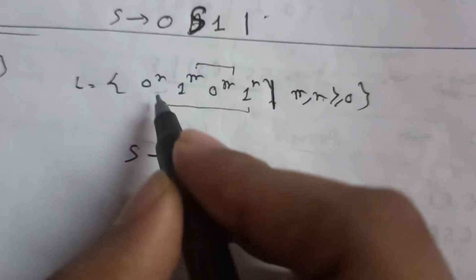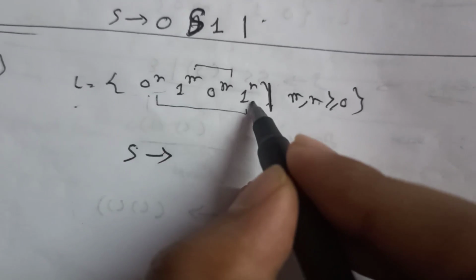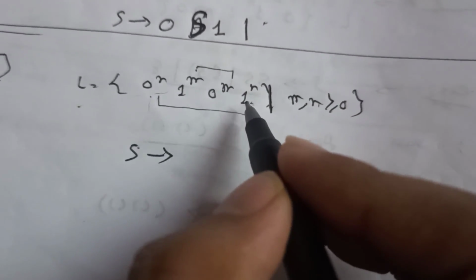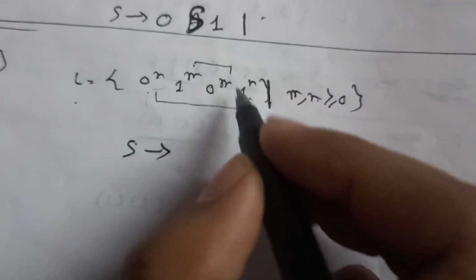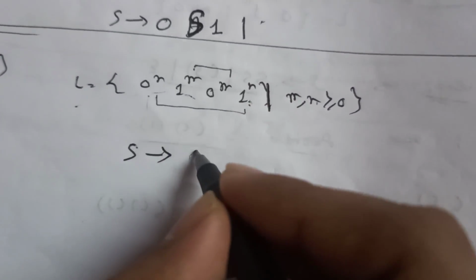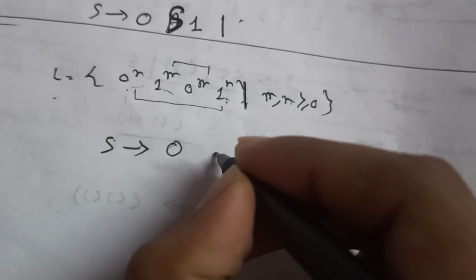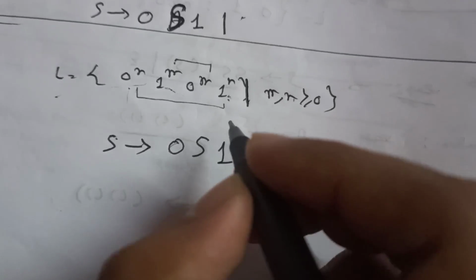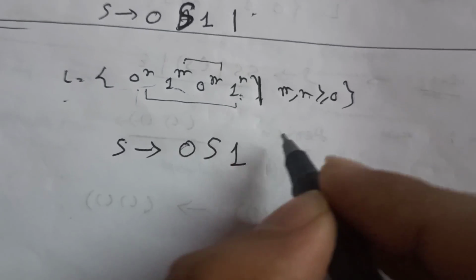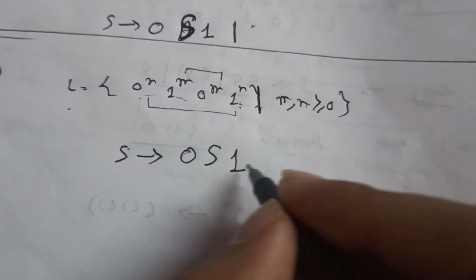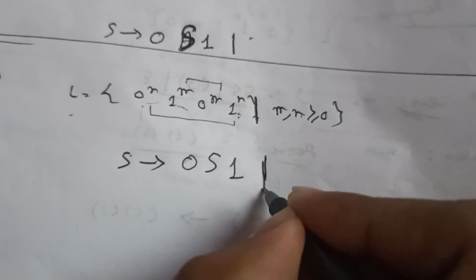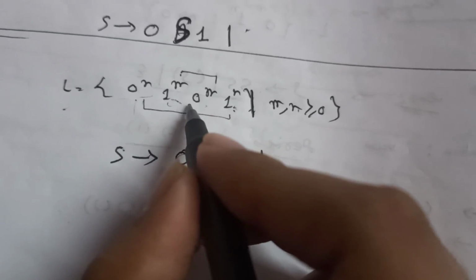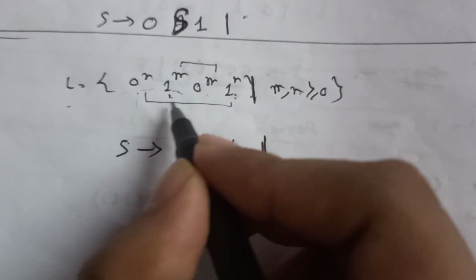So what is the outside one? There is 0 on the left and 1 on the right, and the number of zeros and ones are equal. And what is the middle part? There is another variable. I will replace this part with another variable. So there are zeros on the left and ones on the right, and as it is a recursion, any number of zeros can be there on the left and ones on the right. This will make the recursion part. And it can also be a variable, that is the middle part. So there can be a variable for the middle part also.